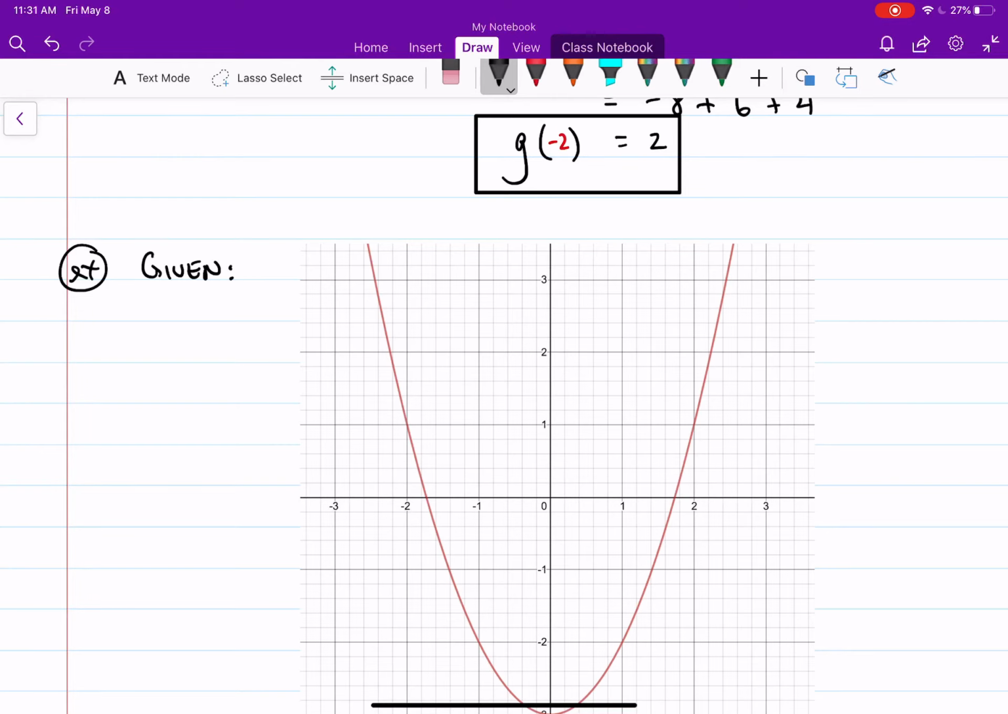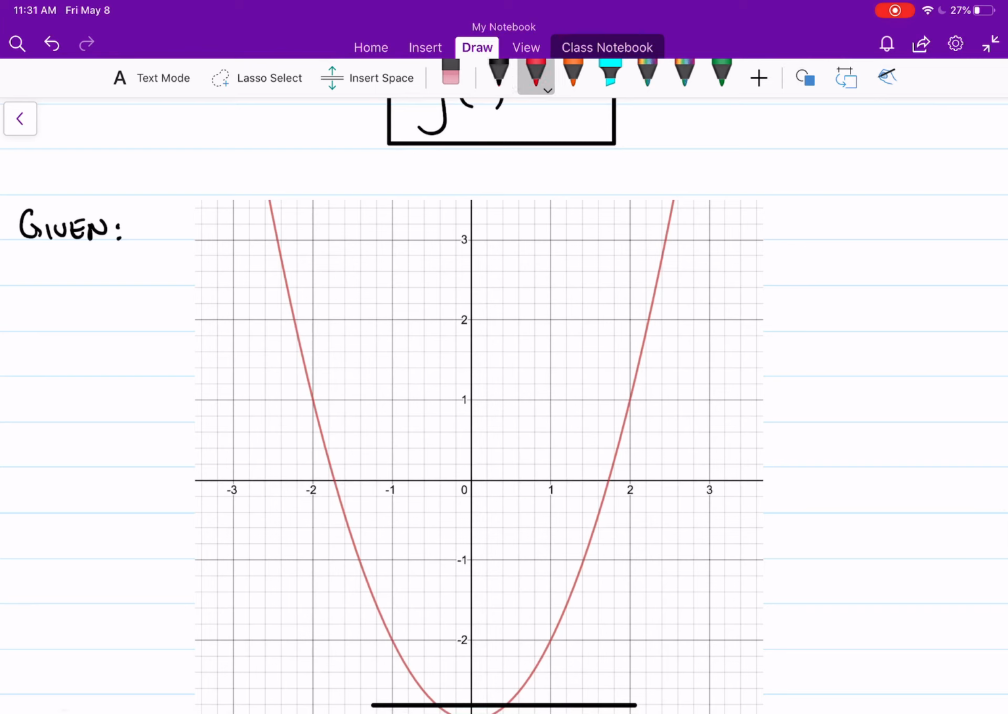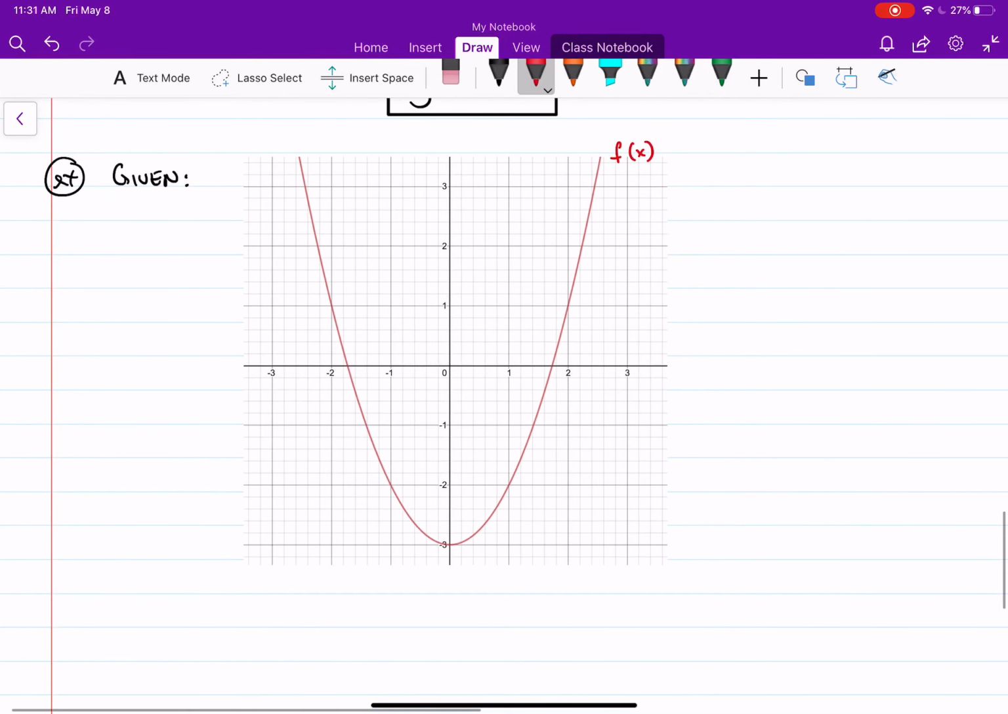Okay, and so here's the thing. If you're given more than one graph, they're going to typically label these as function notation as well. So they might say, hey, this is what I call f of x. Okay, so if there's another graph there, they're going to call it g of x. If there's a third graph on the same graph, they're going to call it h of x. Okay, so let's say over here they tell me to find